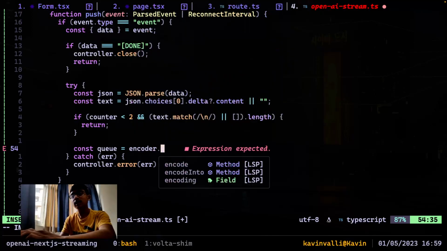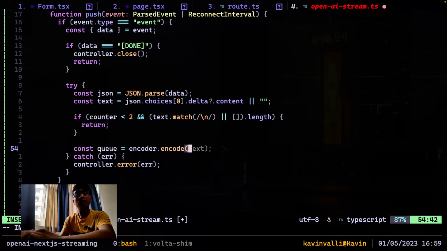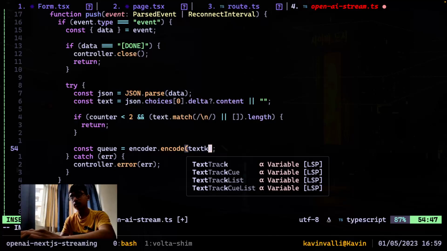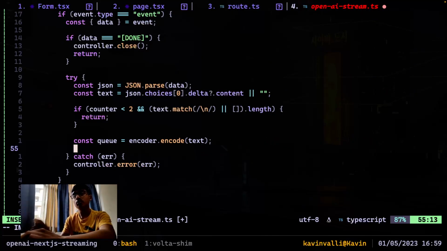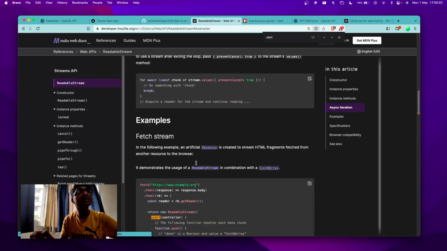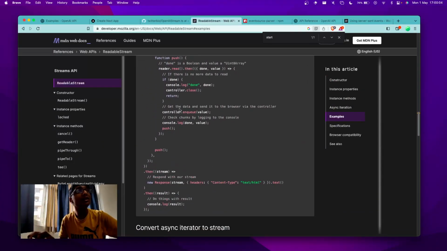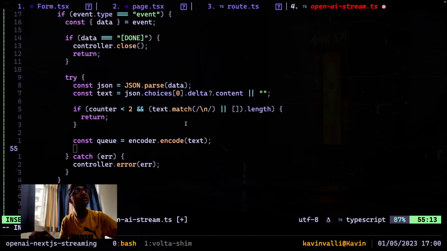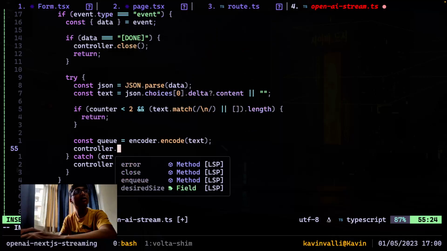What we want to do is encoder.encode and then pass in the text over here. All right, now we want to send this to the front end, right? For that we will call this function over here. If I go to the examples, it gets the data and sends it to the browser via the controller. We call the onQueue function over here. So we go controller.onQueue